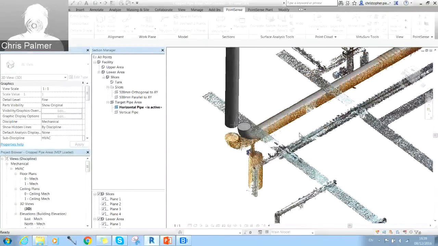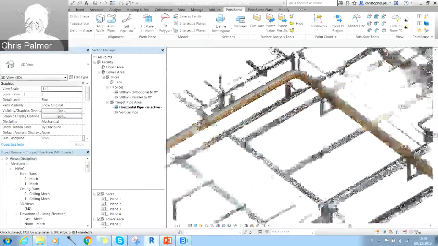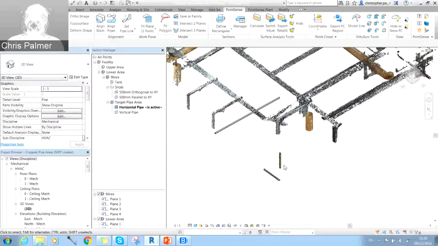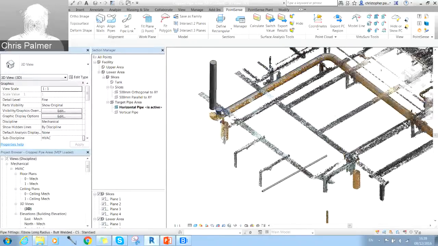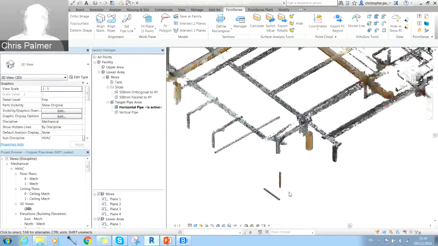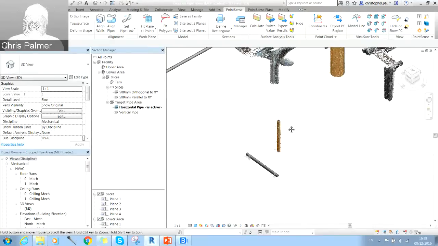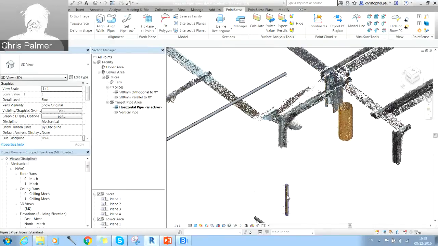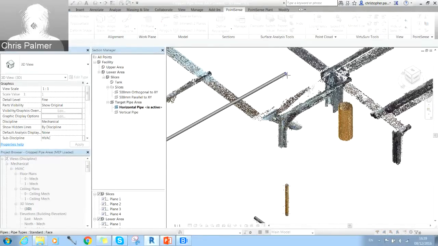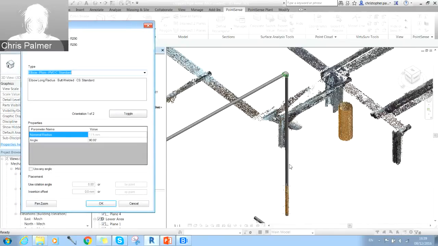offset. We'll do the same now for these pipes here, and I'm going to show you how to join these using the align pipes tool next. So I'll just add one more elbow in here. We've got this quite long run here, so if we go place pipe fitting, select the end of this pipe and the end of this pipe, press the escape key, you can see how that pipe snaps now up to that particular pipe that we created at the top of the